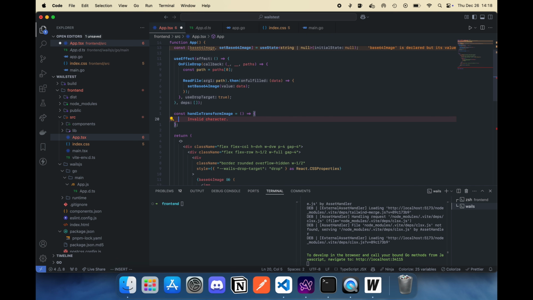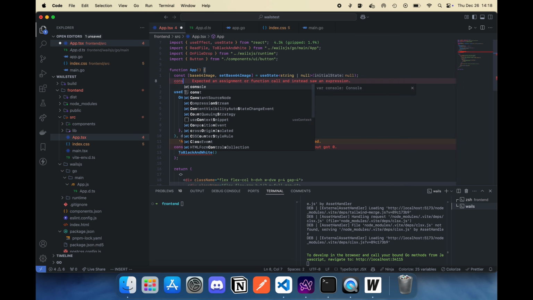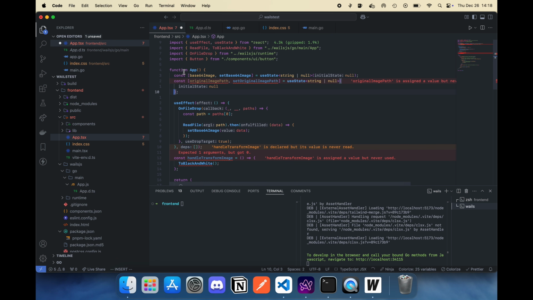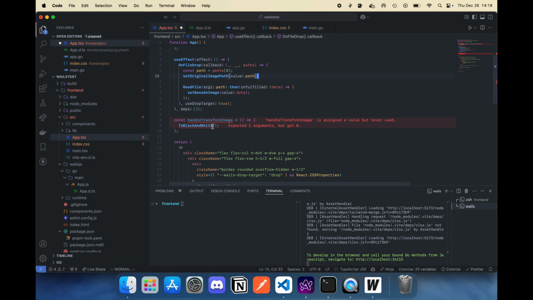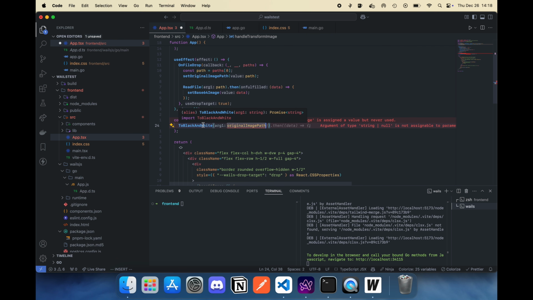So call this to black and white from the path of the image that we didn't save, so we have to save the path of the image. Original image path, set original image path, and it's gonna be null, and we're gonna set it here. Perfect. So inside our to black and white function, we get the path of the image, so original image path, and we get a promise with a string, which is correct. As you can see, it's all typed,